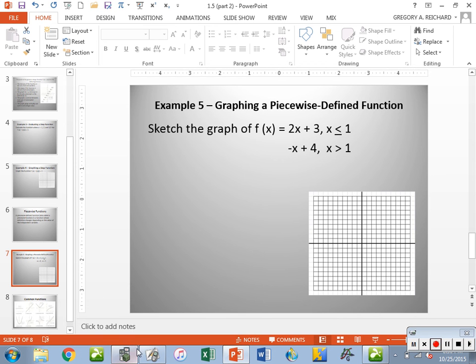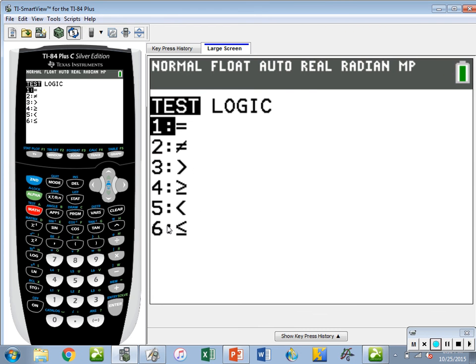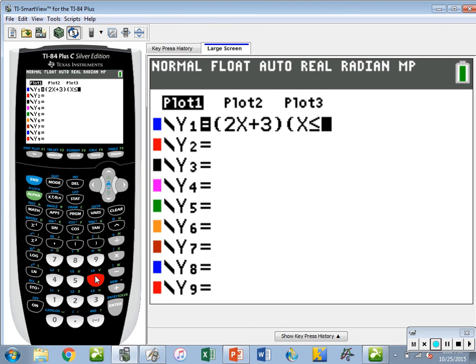So if you take the first piece, 2x plus 3 where x is less than or equal to -1, I go to y equals, and I want to put first the function in parentheses, 2x plus 3, and then after that in its own parentheses the condition. X is, to get the less than or equal to sign, you have to press second and then math, which is the test screen. So I want to put in a 6 here for less than or equal to -1,